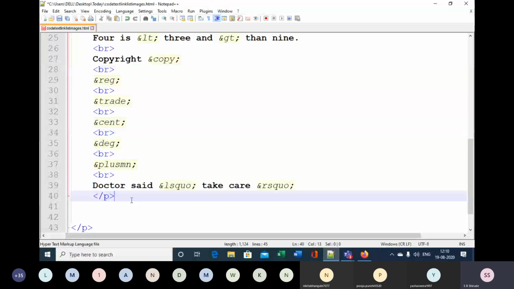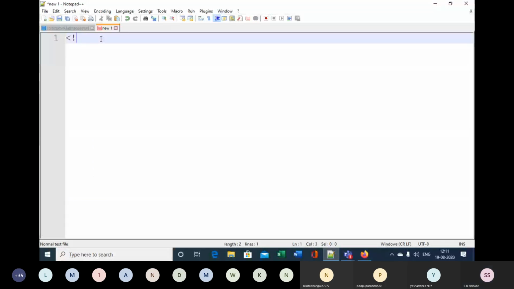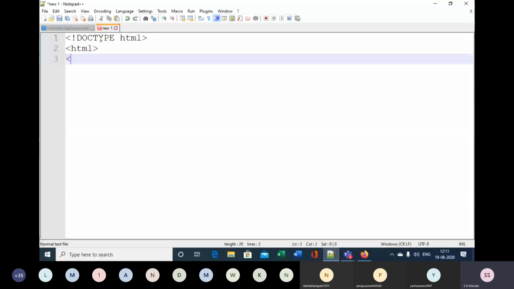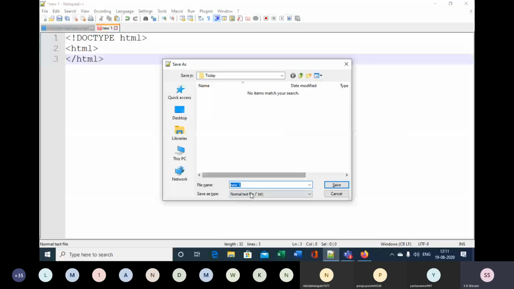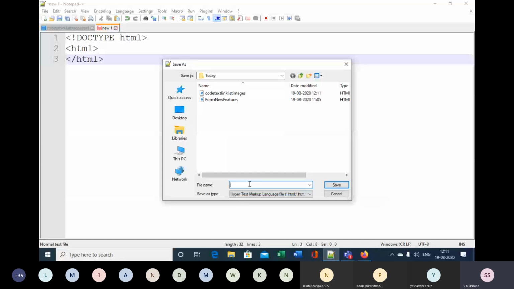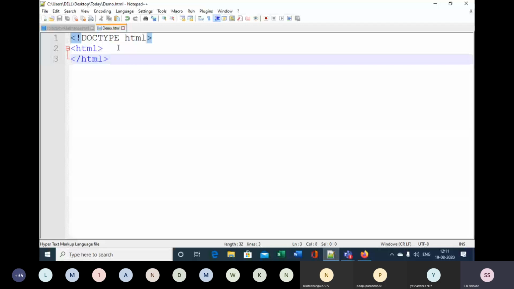Or here we will take a new file, and in the new file just start. Save this as a text file. So, demo, save this as a demo file, and here in that, the head section,